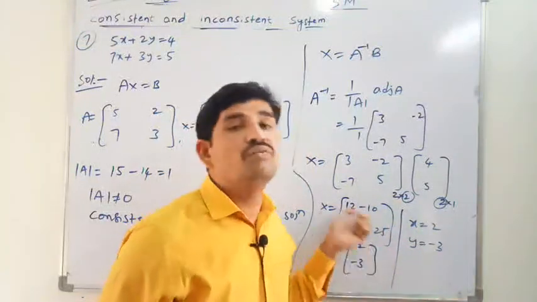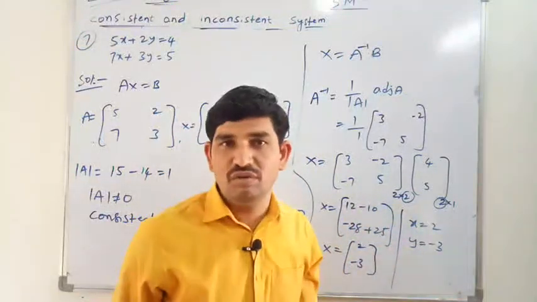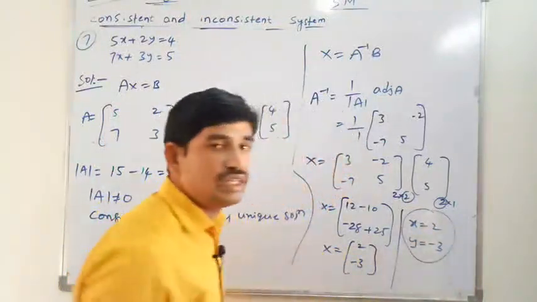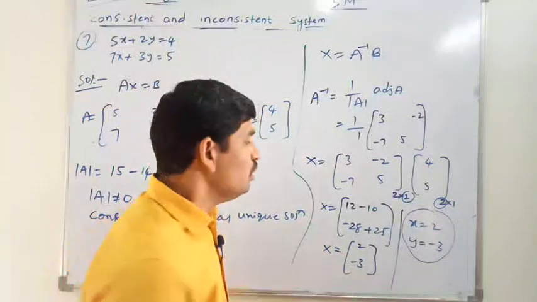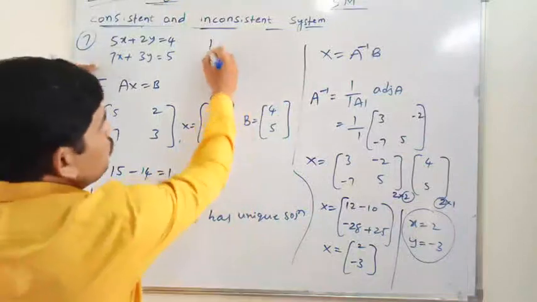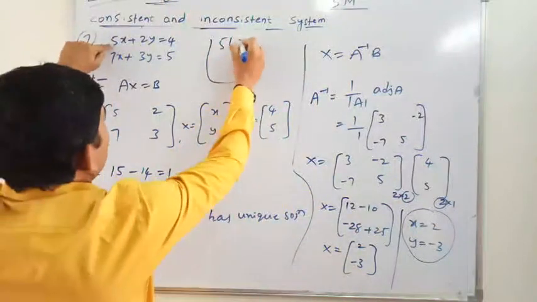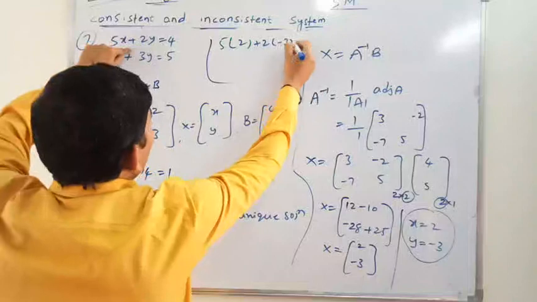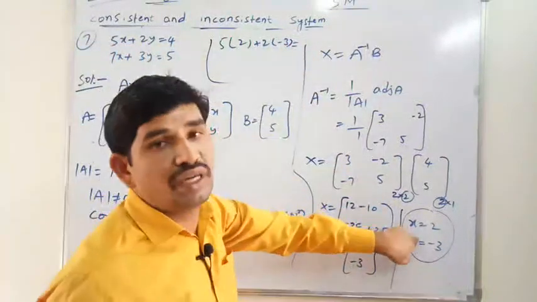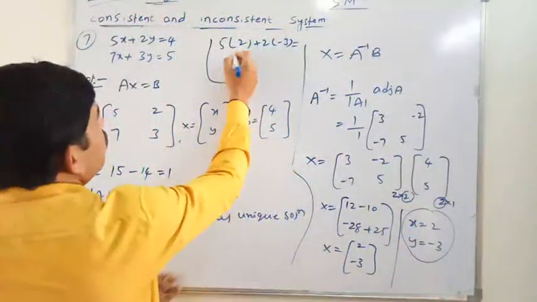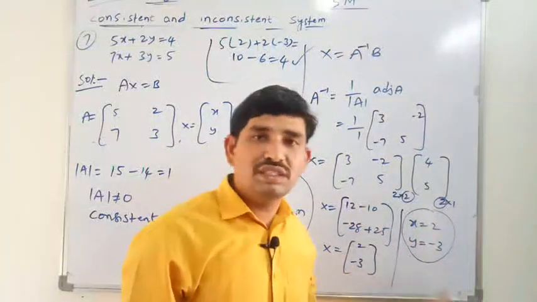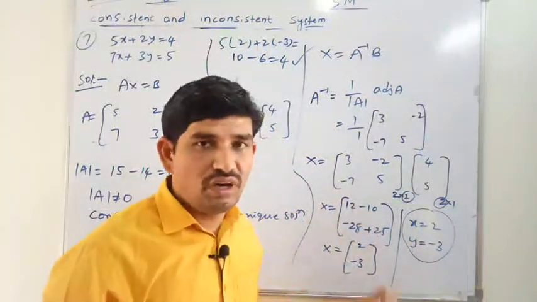But students, remember, once we have completed the solution and got x and y, if we feel somewhere there might be a little mistake, we immediately have to check whether the solution is correct or wrong. We substitute the x and y values in the first and second equations. Substituting in the first equation, 5 into 2 plus 2 into minus 3, we must get 4. 5 twos are 10, 2 threes are 6, we got 4. So the result x and y is the perfect answer. Thank you.